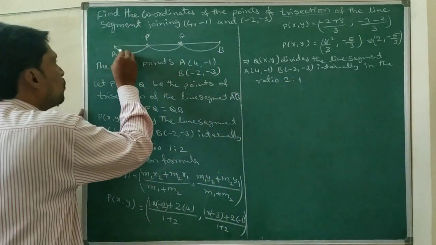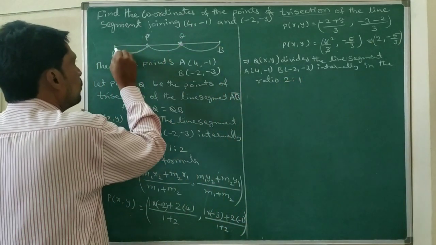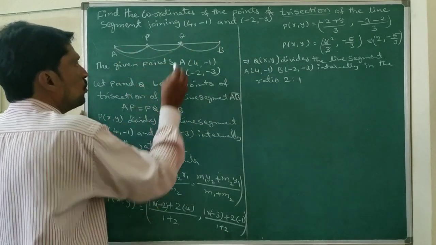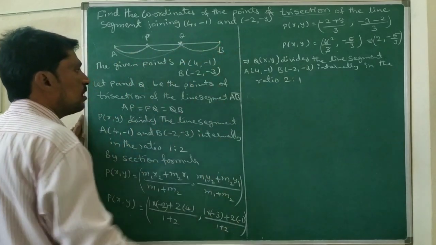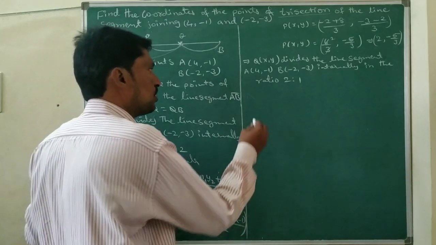So A to Q is 2 units and Q to B is 1 unit. So by the section formula,